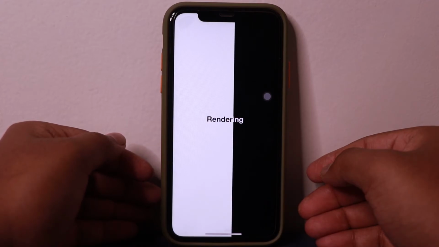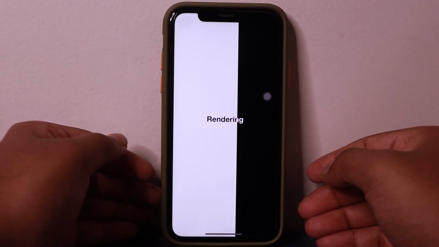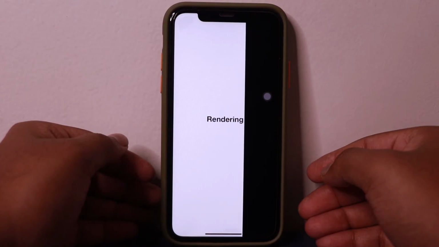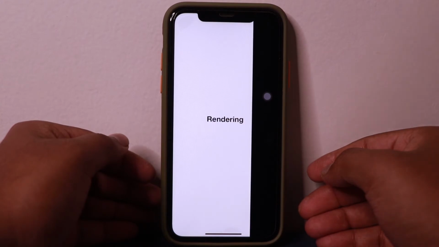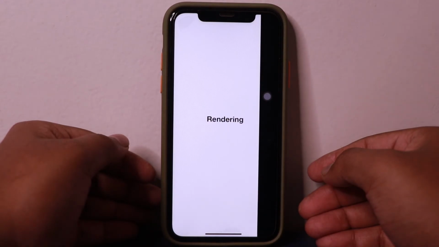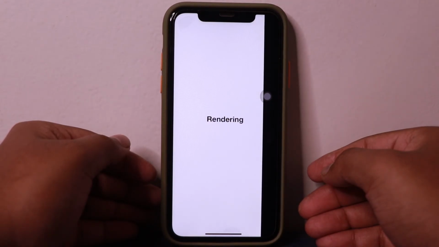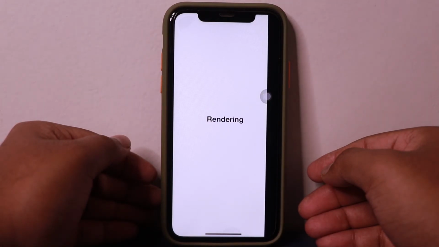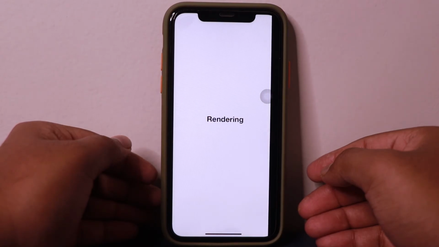It is rendering, and it's so satisfying to see the render animation. It takes a while to render the video, the images, and the end product is just awesome. Yes, it's about done.